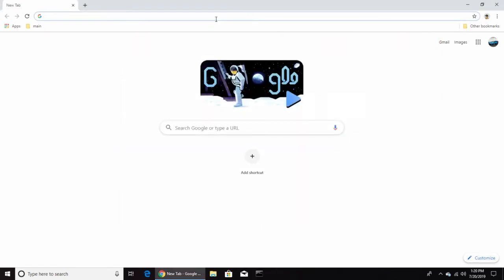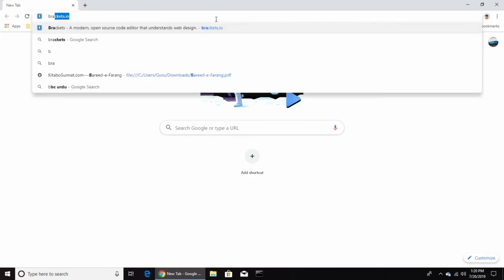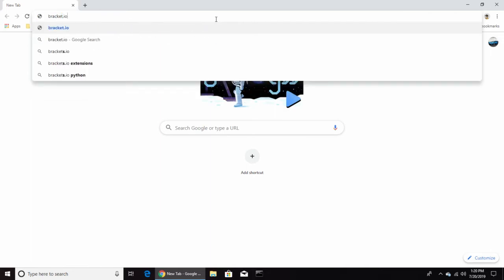So the text editor I think is the most commonly used for HTML coding is Brackets, and I like it personally and I have used it very much.